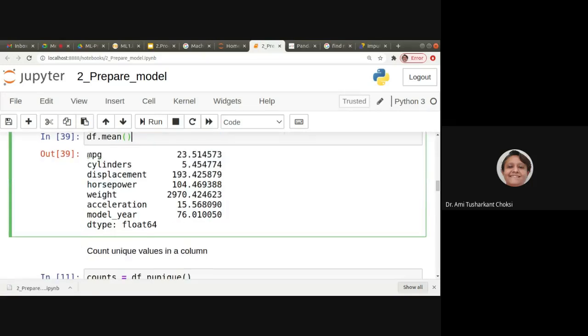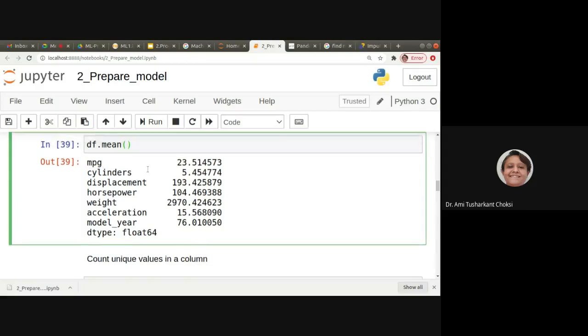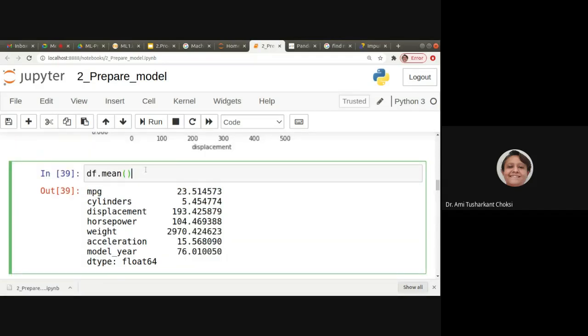It will give the mean for each column, right? If we want the mean for a particular column, we can provide that.